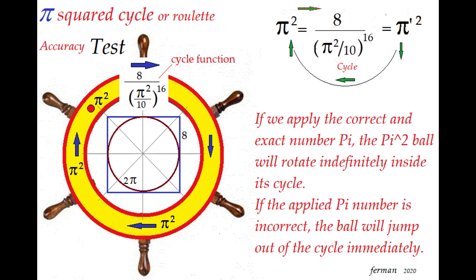6. The pi squared cycle, precision test. Preamble. For many years I have been surprised by the apparent persistence of the number pi to hide and evade from a clear sample of its definition and mathematical demonstration through formulas that show us its true value and situation. However, from this cyclical formula or function, my feeling has changed and my doubts have been cleared, and I understand that the number pi has told us: